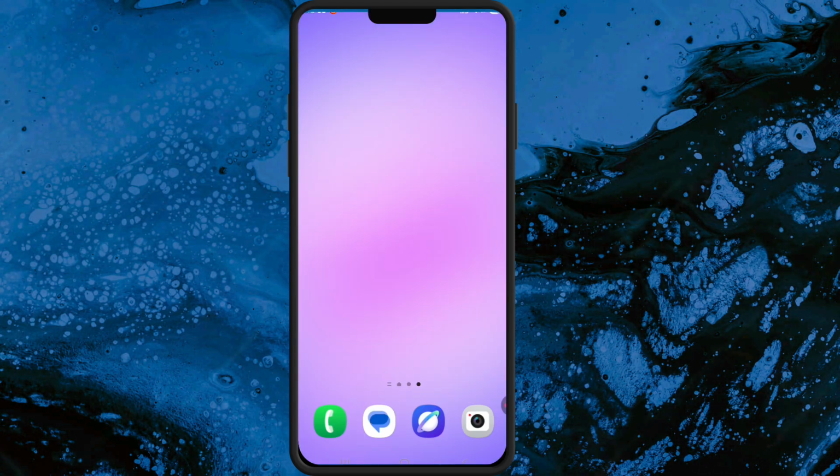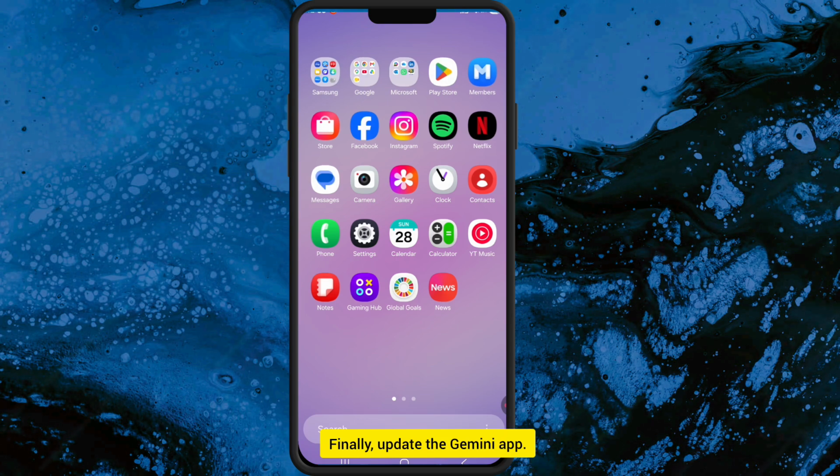Finally, update the Gemini app, open the Play Store,